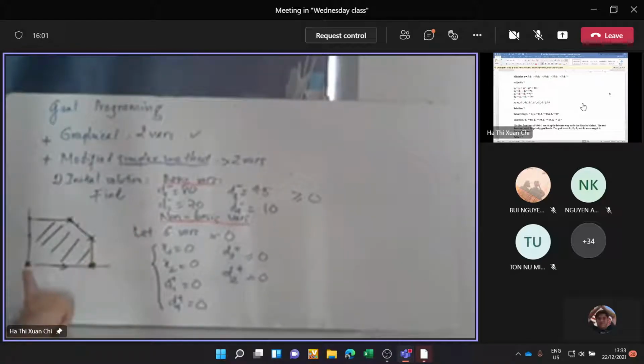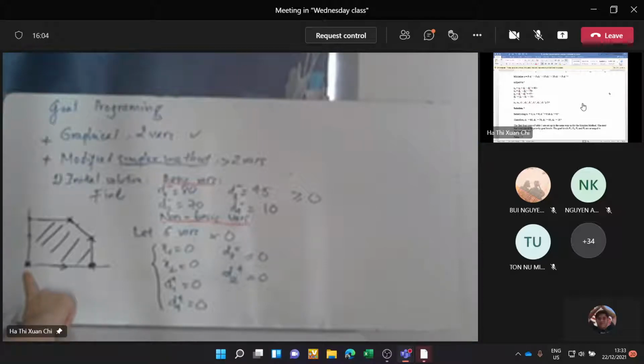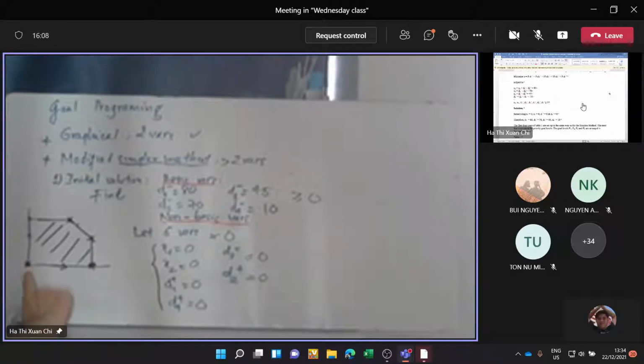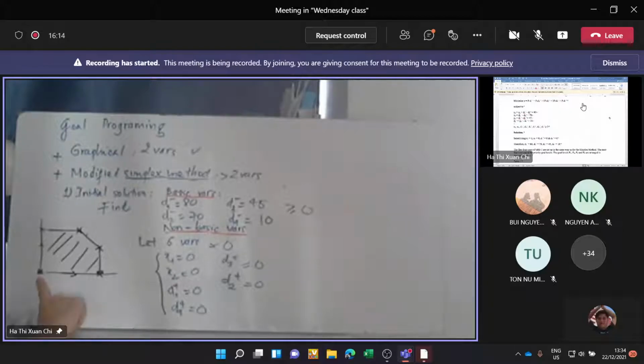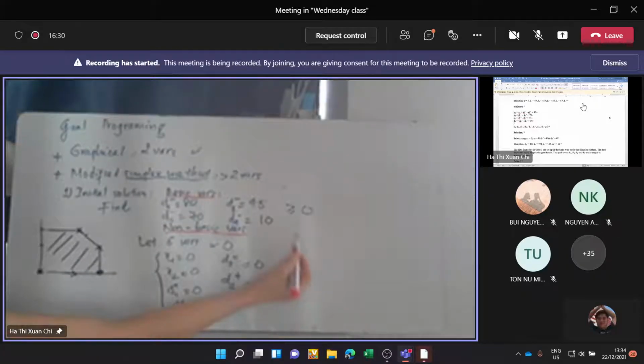So everyone, I start from here. But the initial solution cannot be the optimal solution, right? So I must improve it. The second step is improve. Improve means I check another point to see whether it is the optimal solution or not, right? But how can I improve it? I improve it by